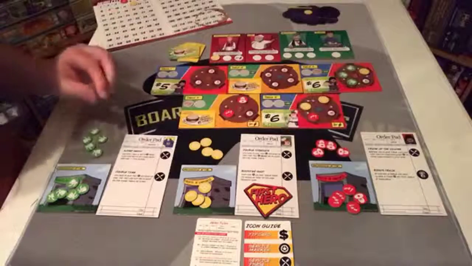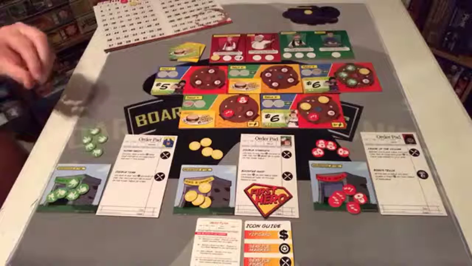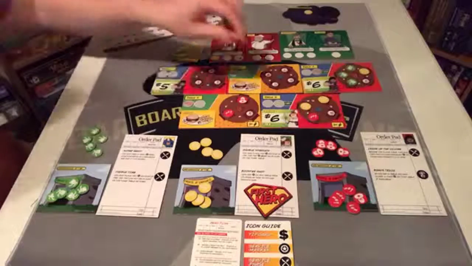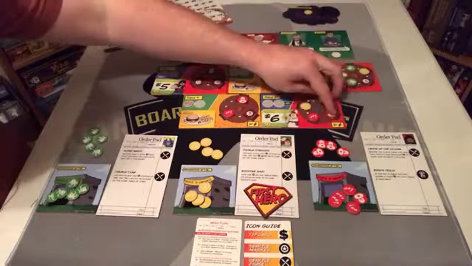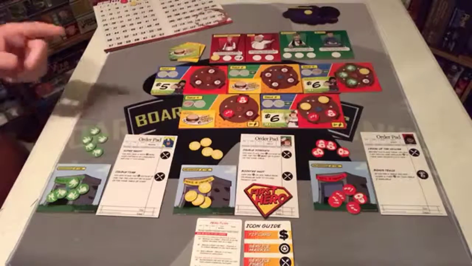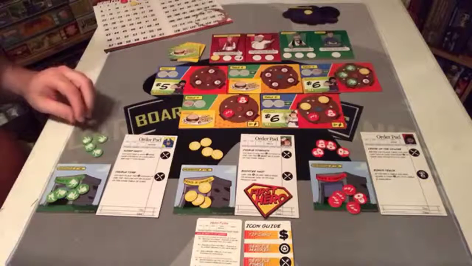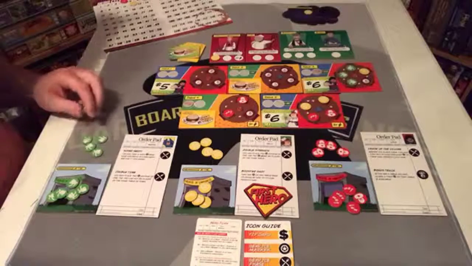Next is red. Red is going to not use their special power, and they're going to go ahead and come over here. And that's going to be good for them. So they're going to go there. It's green's turn. Green has that table. Someone else will probably go there. So green actually wants to...